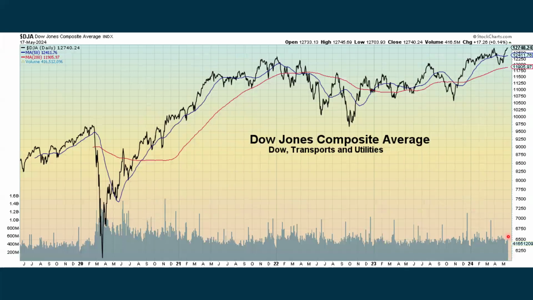This is the Dow Jones Composite Average, which takes the Dow, the transports, and utilities, and this is going up. Now, for a lot of the end of 2023 and into 2024, a lot of the strength in this average was coming from the Dow, where the transports and the utilities were really lagging. The transports are still lagging, but the utilities have been really strong lately, and so that's really helping this to go up